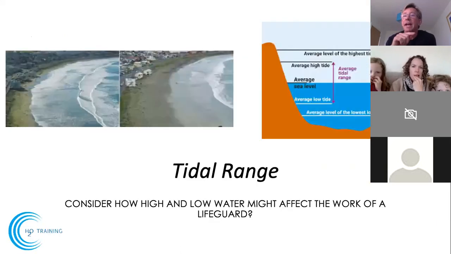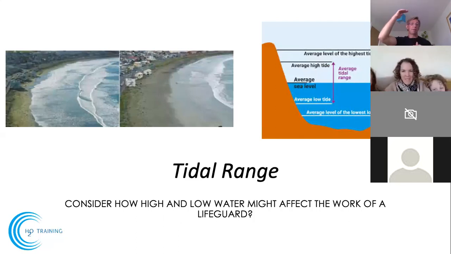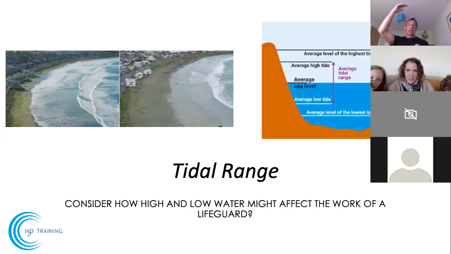The other tidal movement, so that's tidal flow. That's the tide going around the coast. Now, the other type of tidal movement is tidal range, and that is how much the tide comes up and goes down. And we can see the effect of that on this picture on the left when the tide is in, and on the right when it is out. So the tidal range is the vertical movement, up and down. It's generally expressed in meters. So you could have a tidal range which is 4 meters, or you could have the diagram I showed you earlier in Wales. It could go up to 7.5 meters, and it can even go more than that. So that's how much it comes up and down.